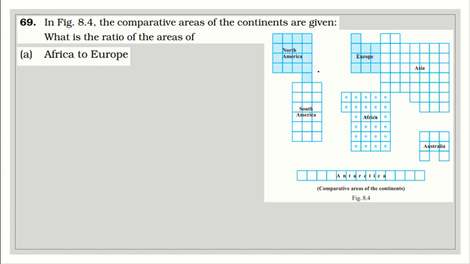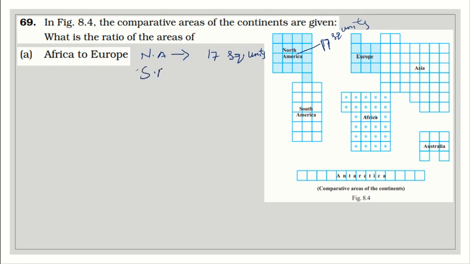They are given in a comparative way and their areas in square units. So let us go for what is the area of North America. If you count, you will get 4 by 4, that means 16 square units plus 1. So North America is 17 square units. Okay. So let me list them first. North America, 17 square units.